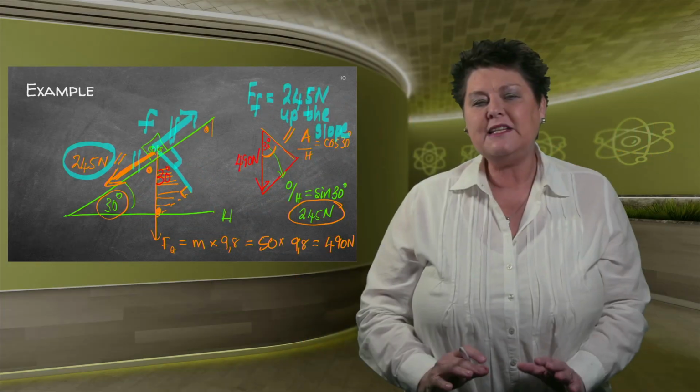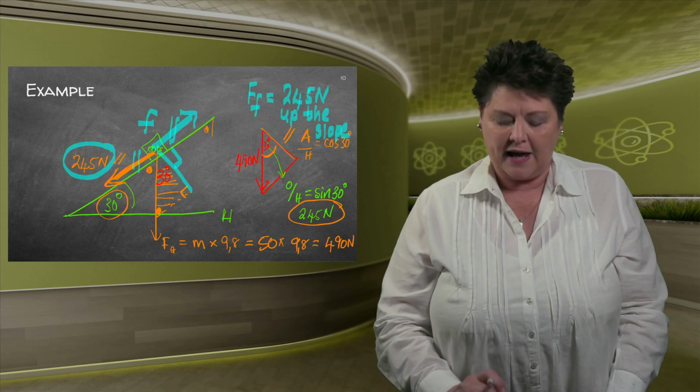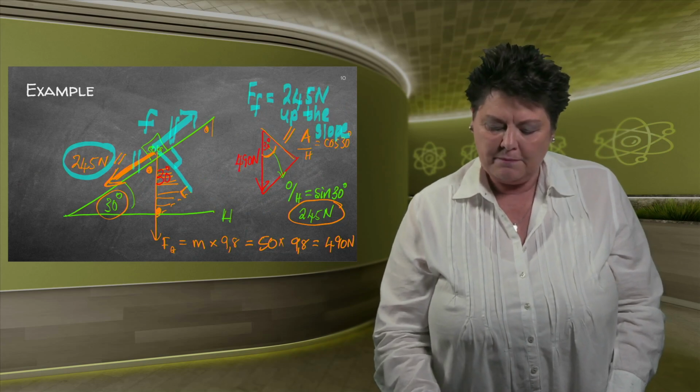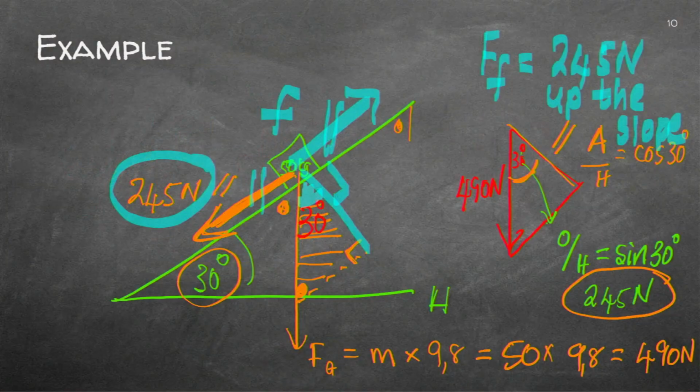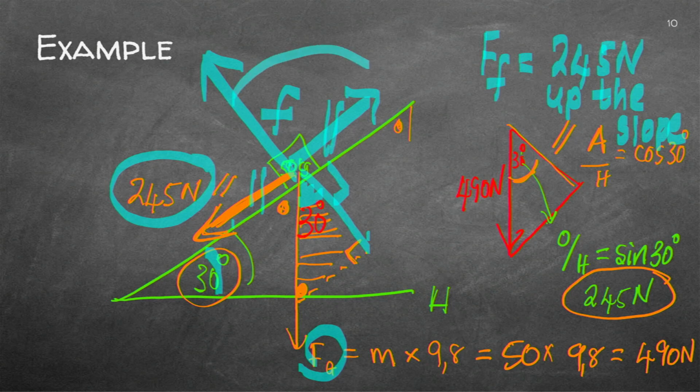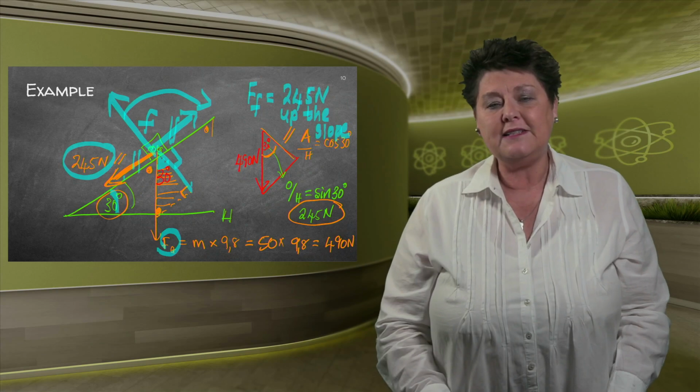I hope you understood where we got the angles from. But remember, that angle there at the top will always be the same as the angle of the slope. Find your gravitational force, take that to work out the two components, and remember to put your normal in there as well, which will also help to do the frictional calculations. But that we'll do in another lesson.